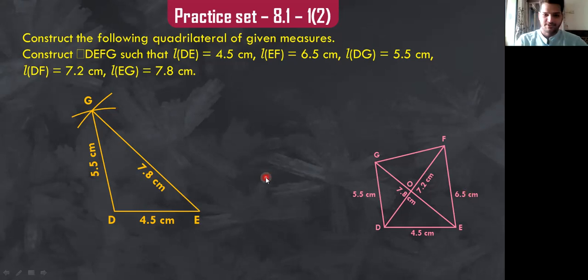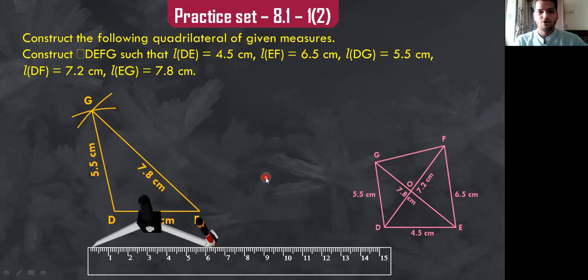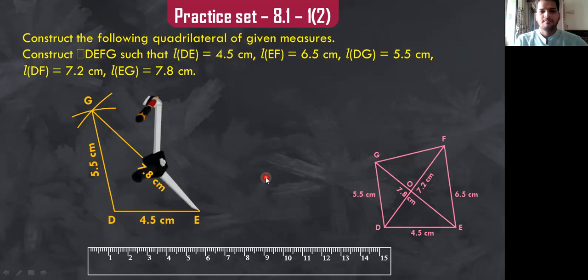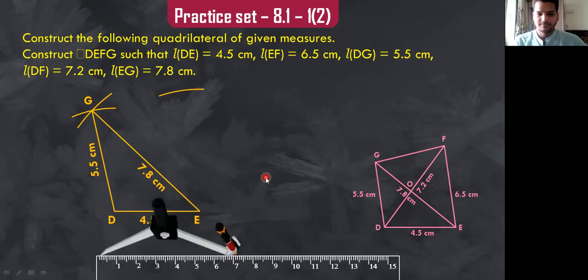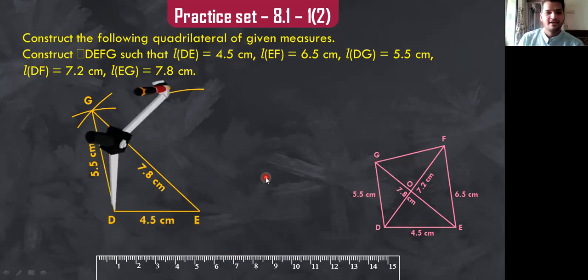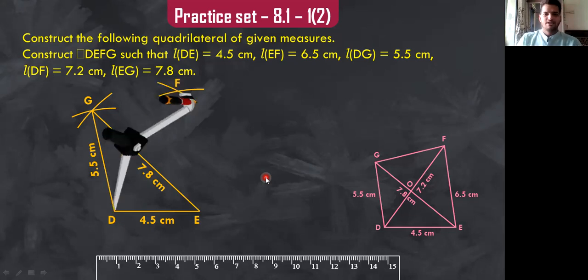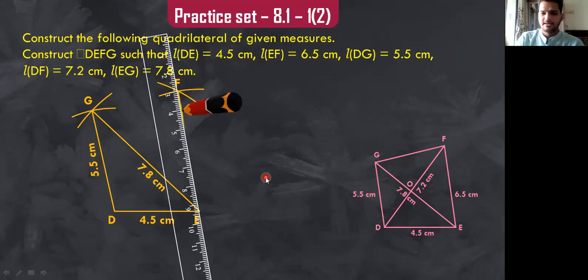6.5 centimeters. So again, on the round compass, we will take a segment of 6.5 centimeters, make an arc. Then F is also connected with the point D with the distance of 7.2 centimeters. So again, we will take a measure of 7.2, but we are constructing the segment DF. So we will place the rounder on the point D and make an arc. And wherever they intersect, that particular point will be named as F. Now simply just connect EF,